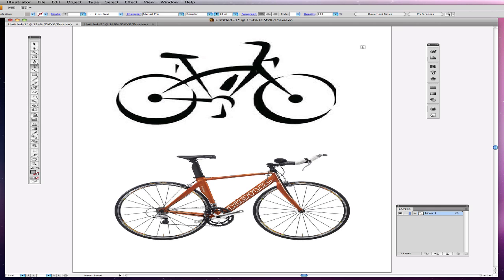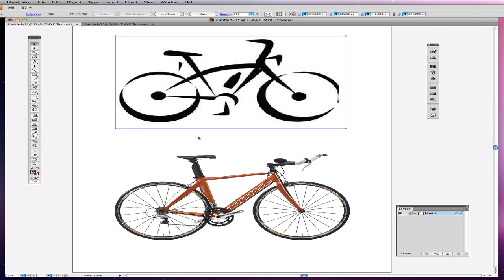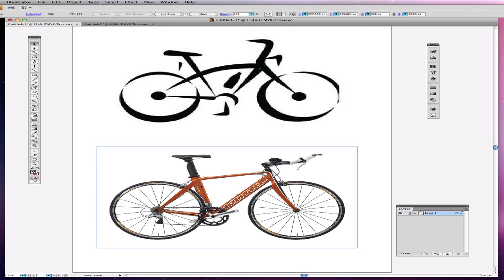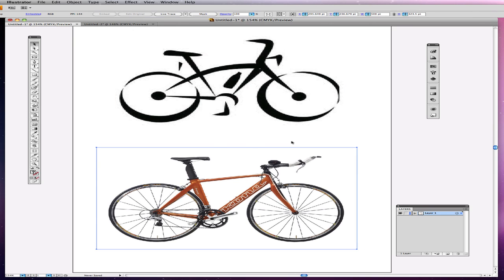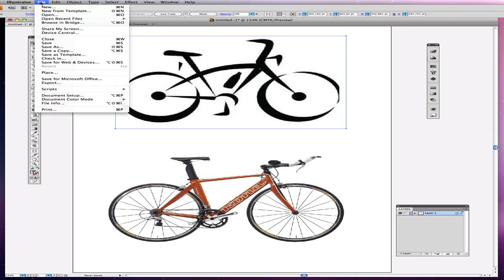You're looking for a particular style that's carried through. So here are two different types of styles. I've simply snagged these pictures off the internet. Here's one that's already a graphic of a bike, and here's an actual picture of a bike. So if I'm going to use these in my combination of things, I can grab them off the internet and drag them into Illustrator directly, usually straight from the window, or go File, Place, and then get them